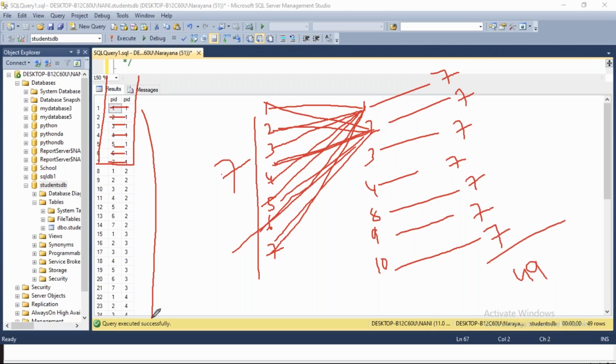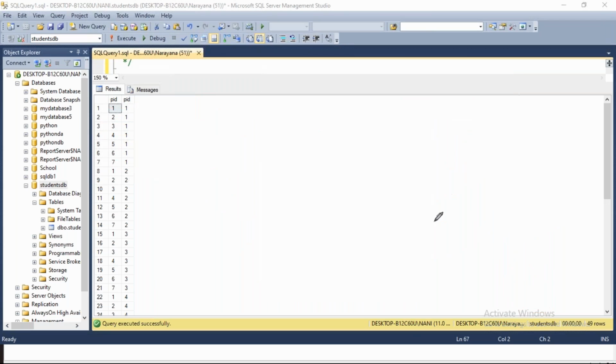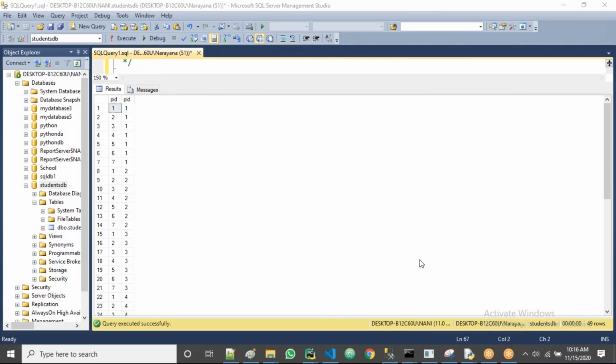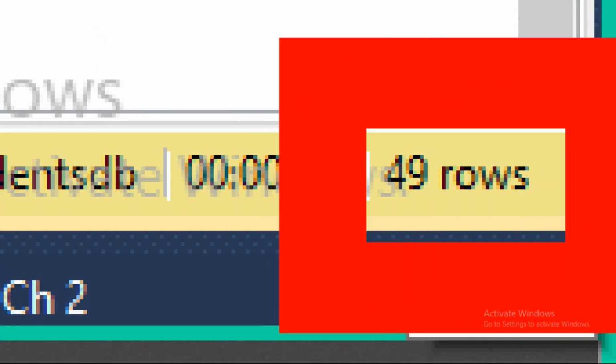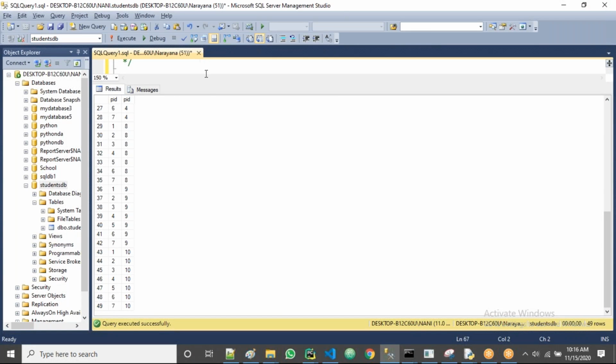That's why I say here 7 and here 7, 7 into 7, how much? 49. That's why I said m by n, guys. Now if you go down, you can see in the corner, it displays how many rows? 49 rows. Okay, so it's about, guys, now it's about the